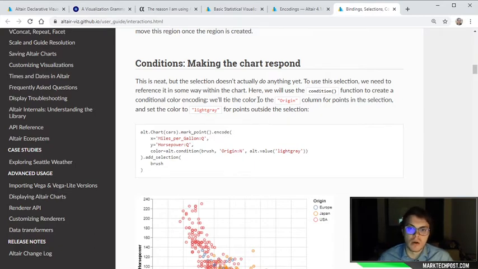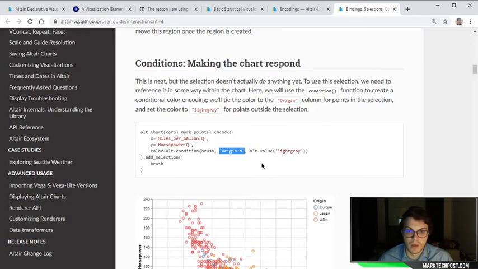We will tie the color to the origin column for points in the selection, and set the color to light gray for points outside the selection. So here we have the selection, but now we have to specify a condition, and we do this here. Before, the color was only origin. Now the color is specified using this function that takes as input the selection itself, the column, which will be